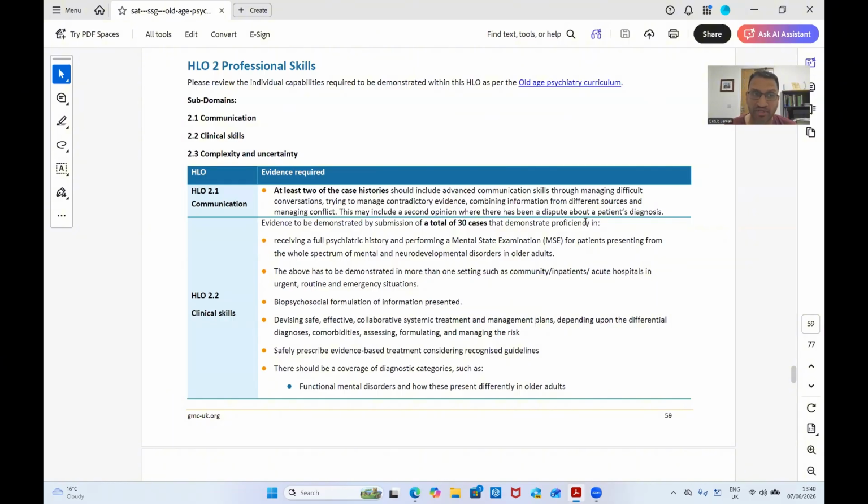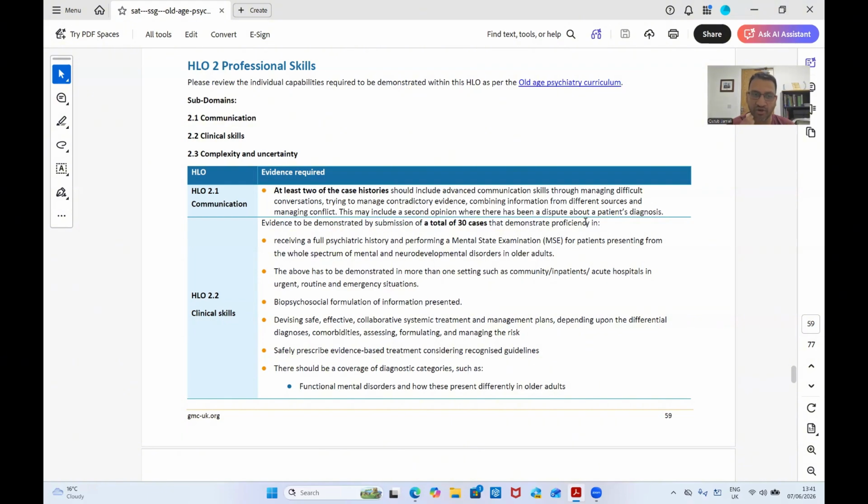Now, I'm using the HLO-2 criteria for cohort 2. The reason is because for cohort 2, as you know, you have to show the maximum amount of evidence. And sometimes, even if you're doing cohort 1A or 1B, maybe the 10 case histories or 20 case histories may not be sufficient. So nobody is stopping you from adding more. Even if 10 case histories are a requirement for cohort 1A, you can submit 15 case histories as long as that evidence is useful